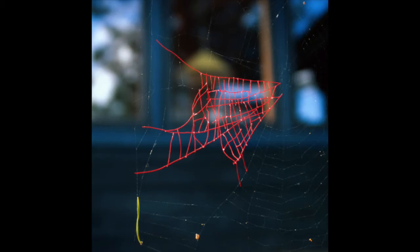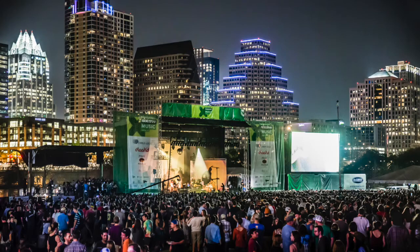I didn't know that she did these cut mat pieces, or spider web mending pieces where she would mend spider webs with thread. Yeah. So keep in mind that this is South by Southwest week. In fact, this is the music week of South by Southwest, so it's going to be incredibly crowded in Austin. I guess if you live in Austin, you're stuck in Austin, you want to do something that's not about going to see bands, this might be a good thing to do. Are there bands anymore? Is music bands? I don't know. I guess so. It's South by Southwest. A single guy behind